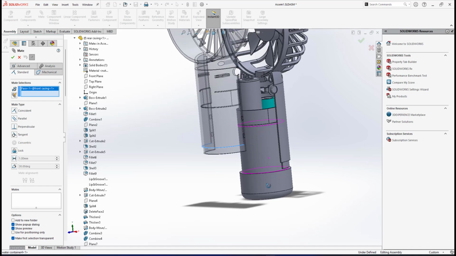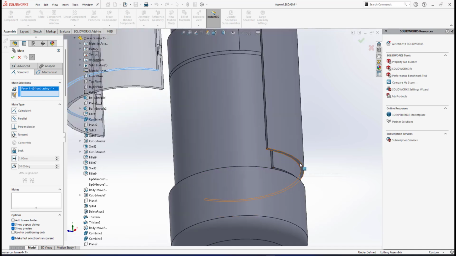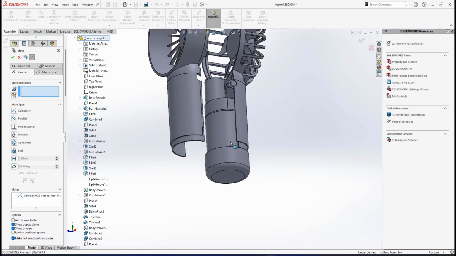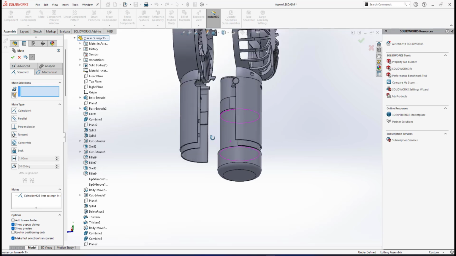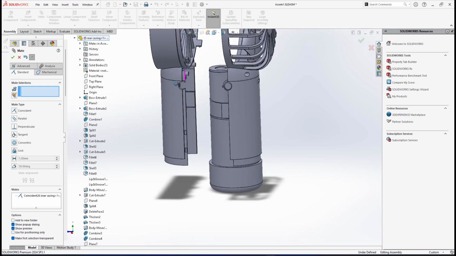This surface and this surface, it goes for coincident. That's my second setting. Okay, I can go like this. If I have